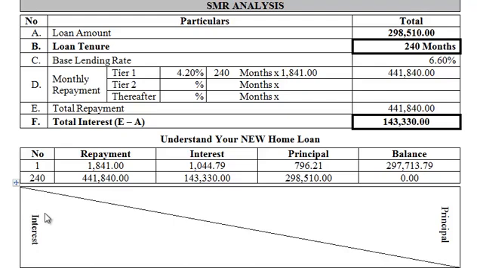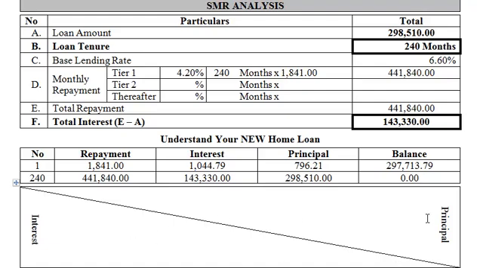It means that on the right side here, it is the loan principal. At the bottom, it is the period, which means 240 months. On top, it is the interest rate of BRR minus 2.4, which is 4.2. The left side here is the repayment of 1,841. Every month you pay 1,841. The bank will use one portion, which is called the interest, and another portion, which is called the principal,